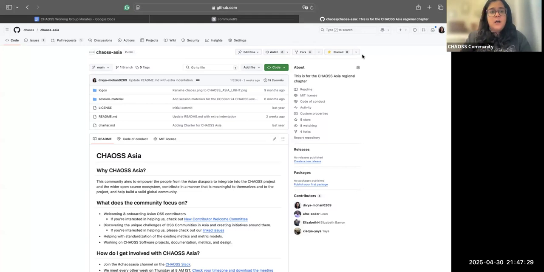And one more thing. I am not saying that you should take up the responsibility, but I'm just bringing this up as a suggestion that if you are willing to continue maintaining the repository after we host it in the Chaos org, we can continue having it as a sub project under Chaos Asia, and you can continue to be a lead for that project, and build a community around its maintenance and sustainability.